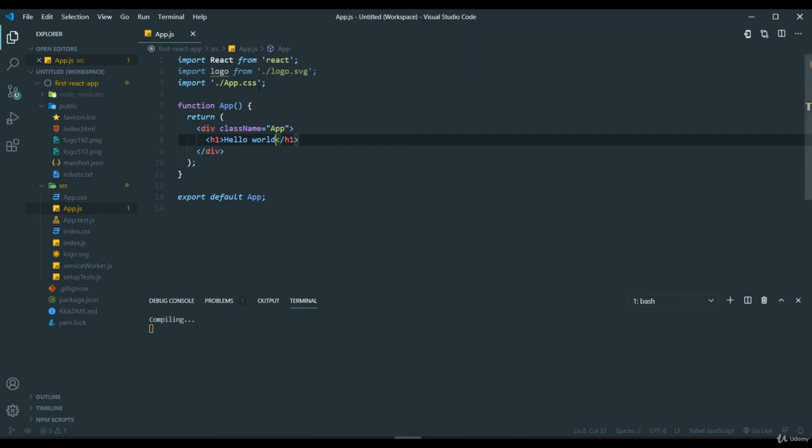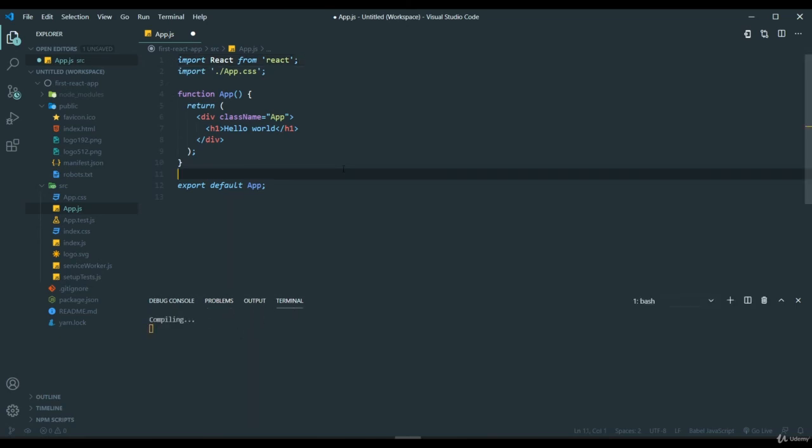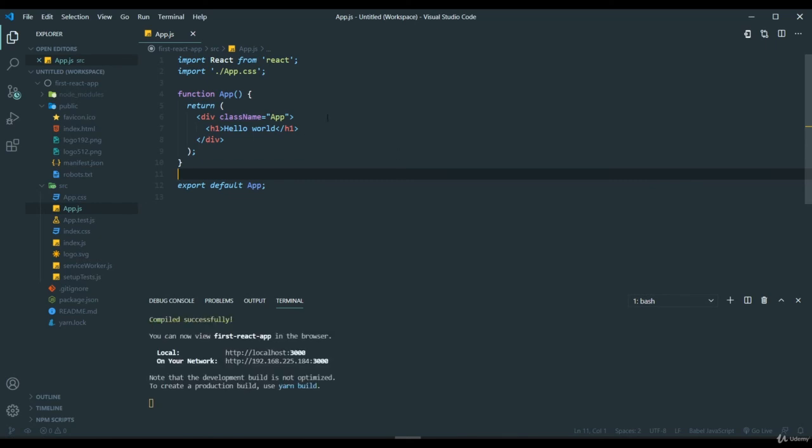Here I got a warning that something was never used, so I can just remove that. The terminal is compiling; let me save it again. Yes, now it has been compiled successfully.